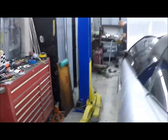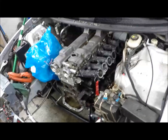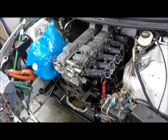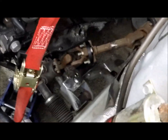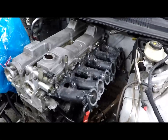We'll come up to the front, and we've skipped quite a bit, so we're going to kind of just jump into where we're at now. But we have the motor in. As you can see, it's just sitting in there. We've got it sitting on a jack right now. It is in place where we want it to be. But right now we're fabricating some motor mounts, which Blake has already got one down there going, and on the other side kind of ready to go. So engine sits in there pretty good. We've got the intake on,